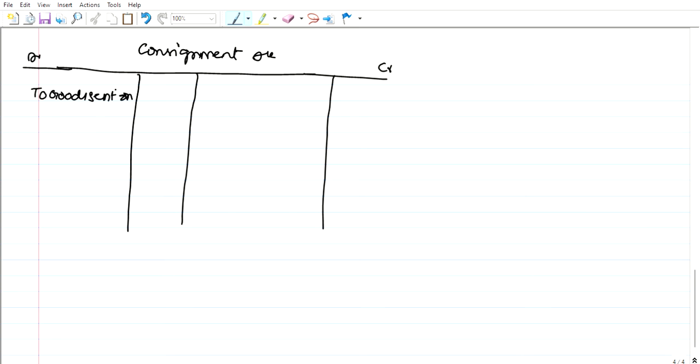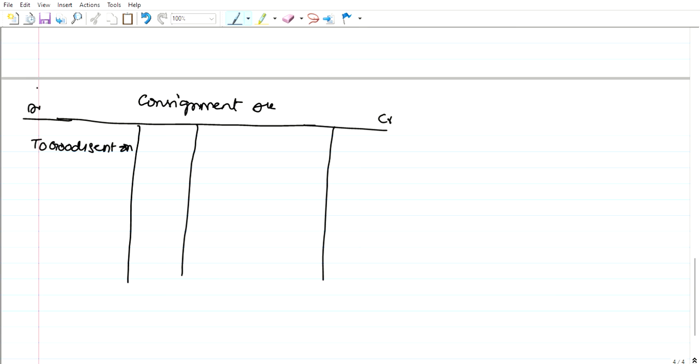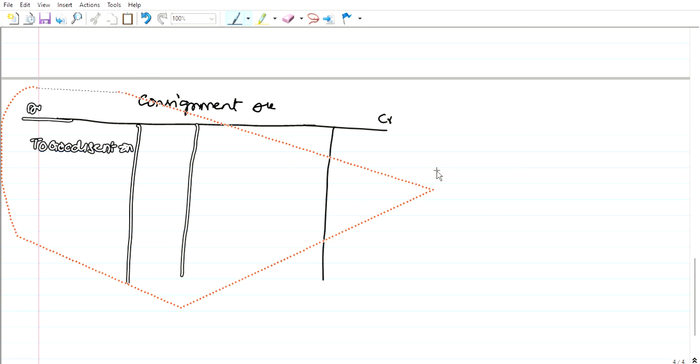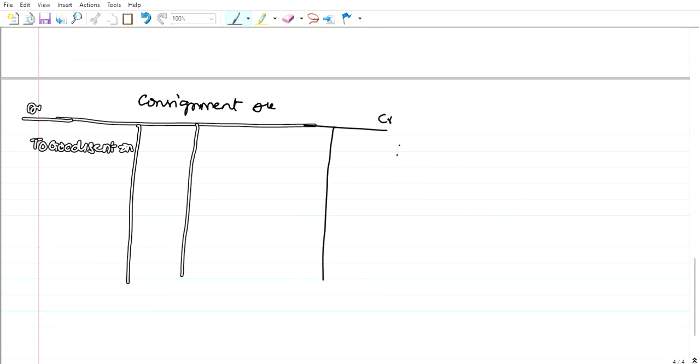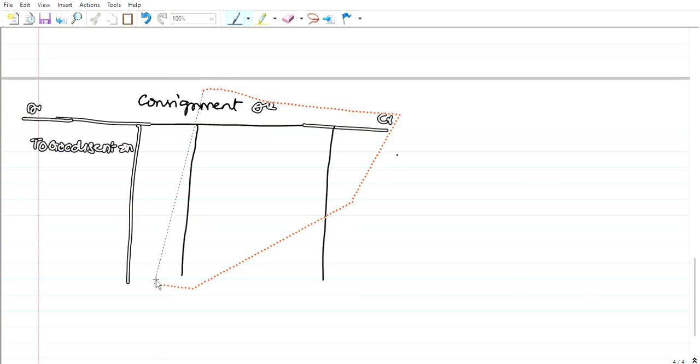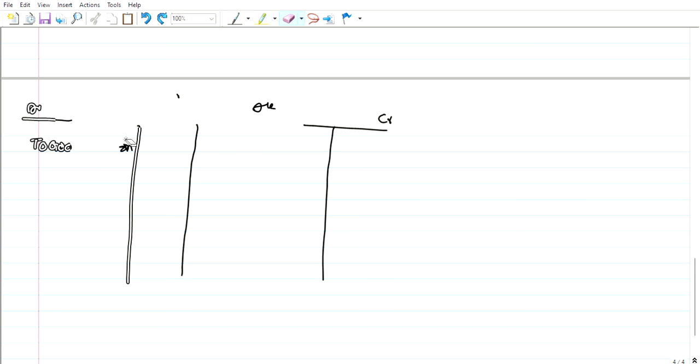First of all, let us put an item. Let us put the heading that